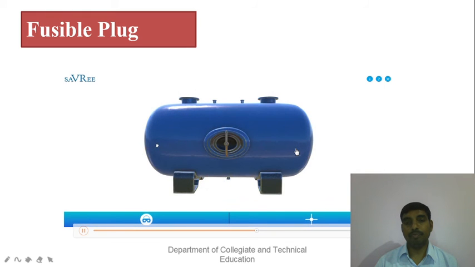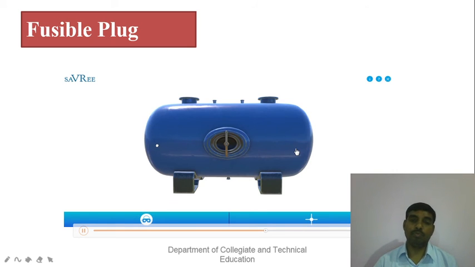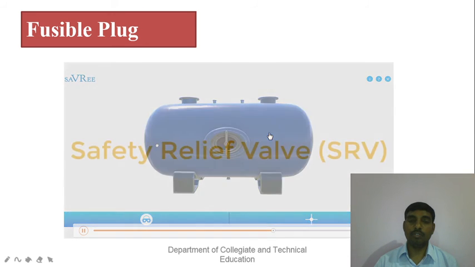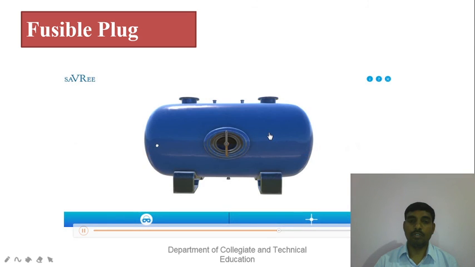The problem is when we have a fire near the pressure vessel, the heat from the fire will heat up the air and this will increase the pressure within the pressure vessel. Now if we cannot release this pressure quickly, we're going to get an explosion. So in order to avoid this, we'll have a safety relief valve, 1 or 2 of them, and they'll vent in the event that the pressure becomes too large. And we'll also have a fusible plug.